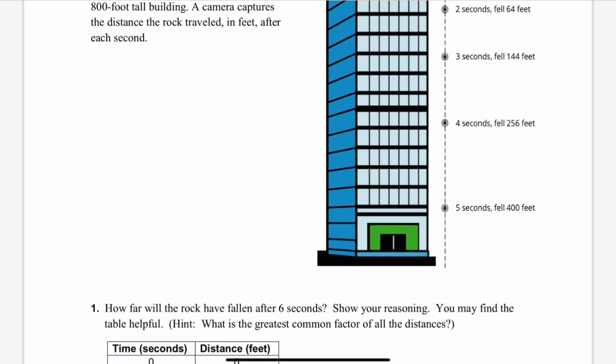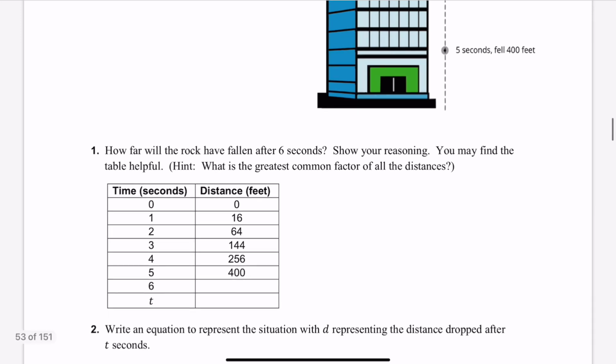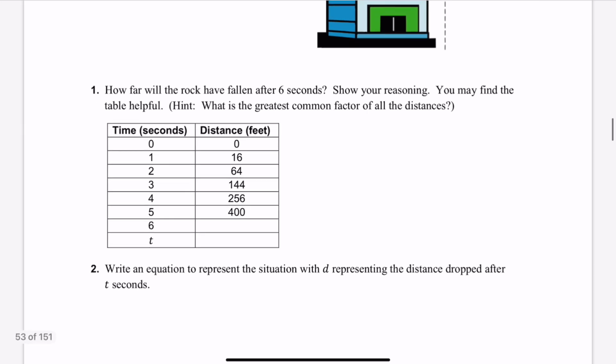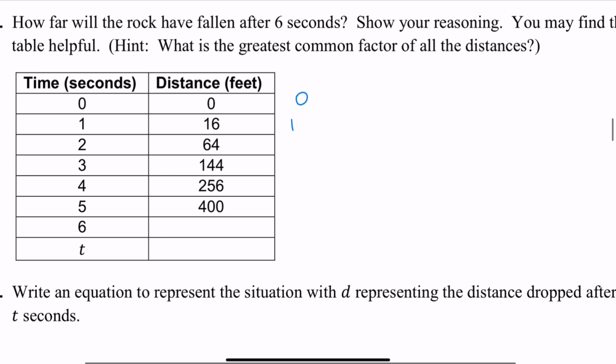So we just need to show our reasoning. There's a table here with all of the information that you might find helpful. So when I'm looking at this, I want to think, what is the greatest common factor of all of the distances? I have 0 at the beginning. And then after that, I have 16 feet. Now, if I look at 16 and 64,